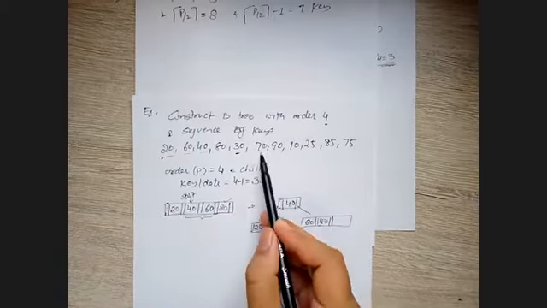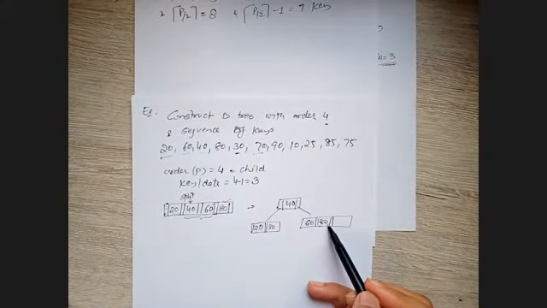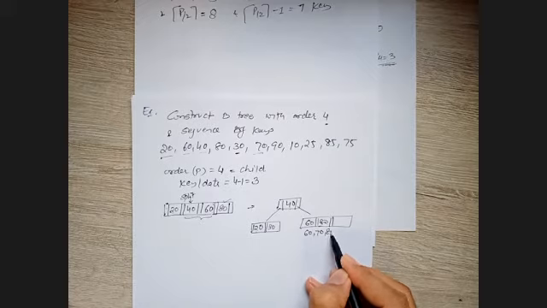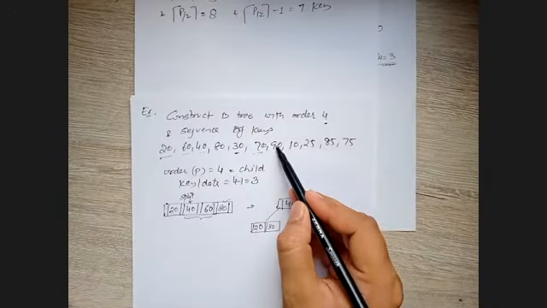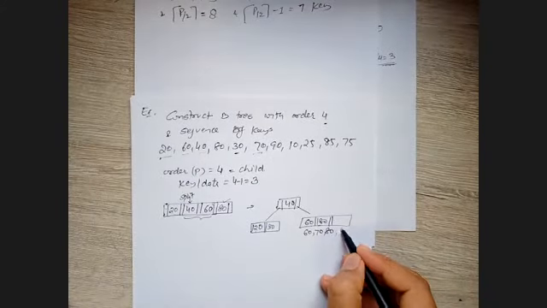Then insert 70. 70 is greater than 40, so it will come here, 60, 80. So 70 will come between 60 and 80, so nothing is wrong with 70. We are still in order. Now 90. 90 is greater, so it will come here. So we'll add 90 over here.